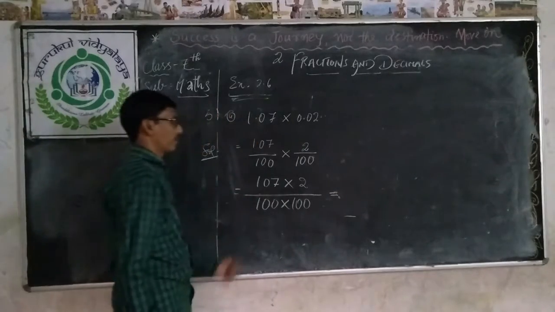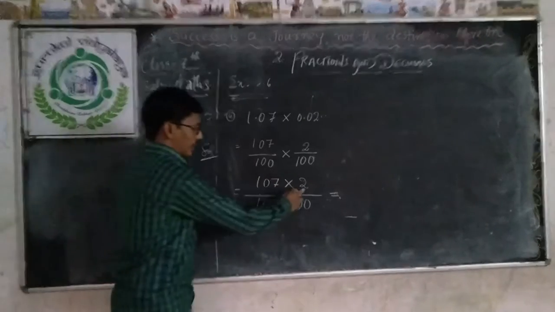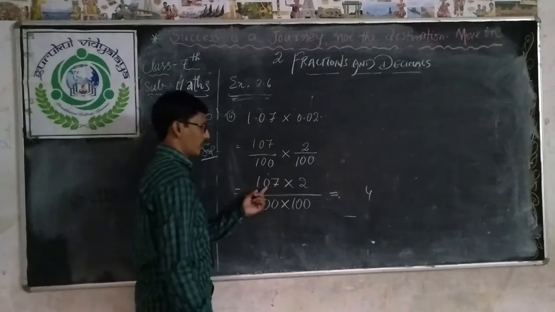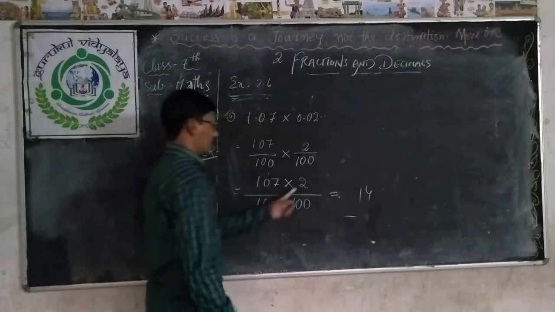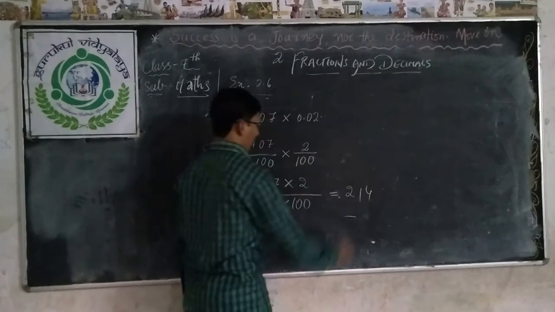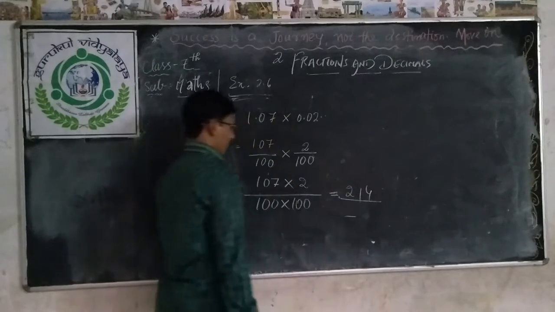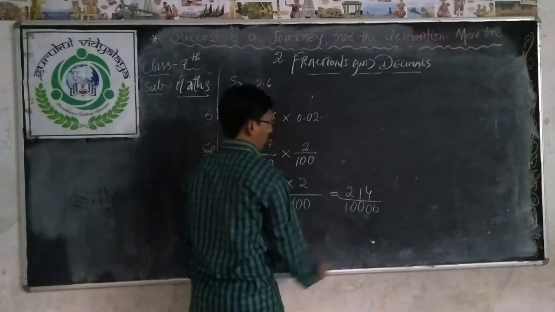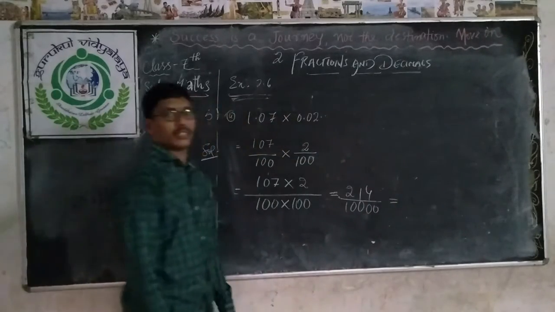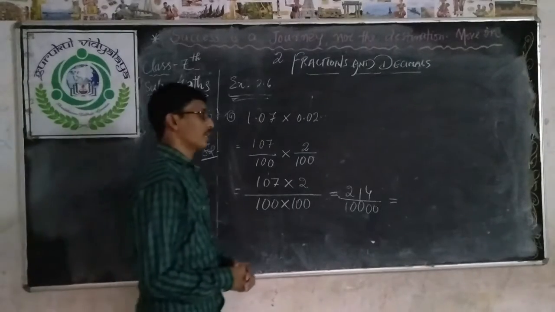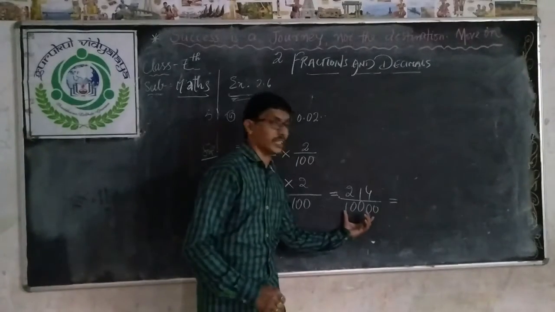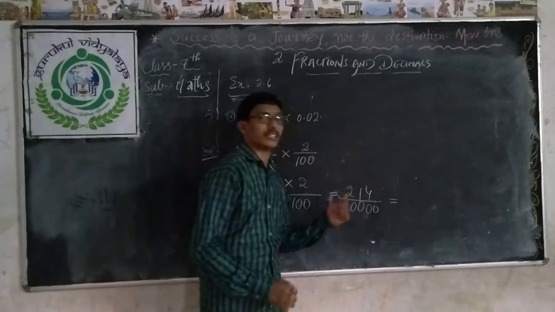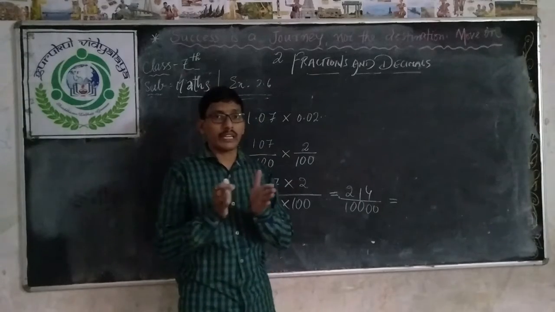So that is equal to, multiply 107 into 2. 2 sevens are 14, 1 carried. 2 zeros are 0, 0 plus 1, 1. 2 ones are 2, 214 you got. By, so 1 into 1, 1, totally 4 zeros. 1, 2, 3, 4 zeros are there. So this fraction number convert into decimal number. But see the children, in the denominator total how many digits are there? 1, 2, 3, 4, 5 digits are there. But in the numerator only 3 digits are there. So now we have to make the digits equal.